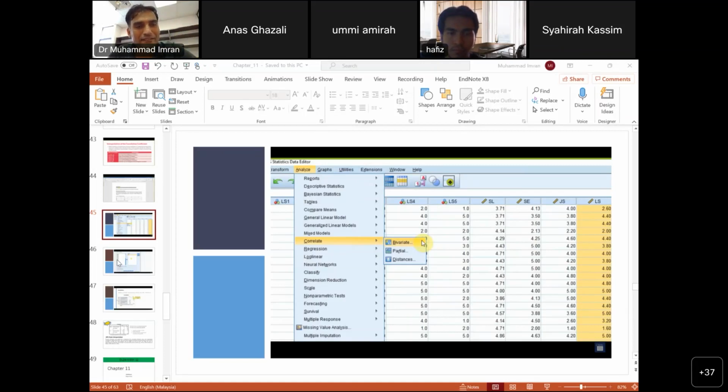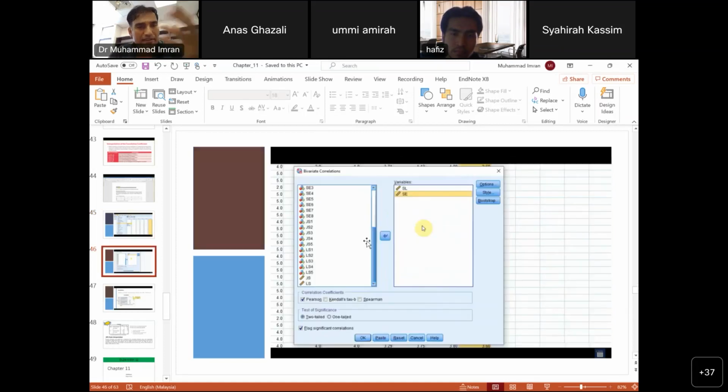Anyway, second one, here this tab will appear. Second step, this tab will appear. Then the two variables you are going to analyze the correlation for, just move them in here, variable 1 and variable 2. Further, go here and press two-tailed or one-tailed. It is up to you. If we don't have a direction, meaning positive or negative,